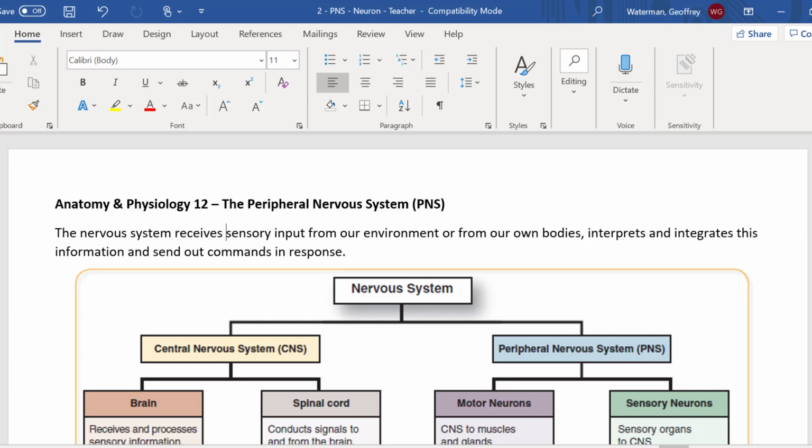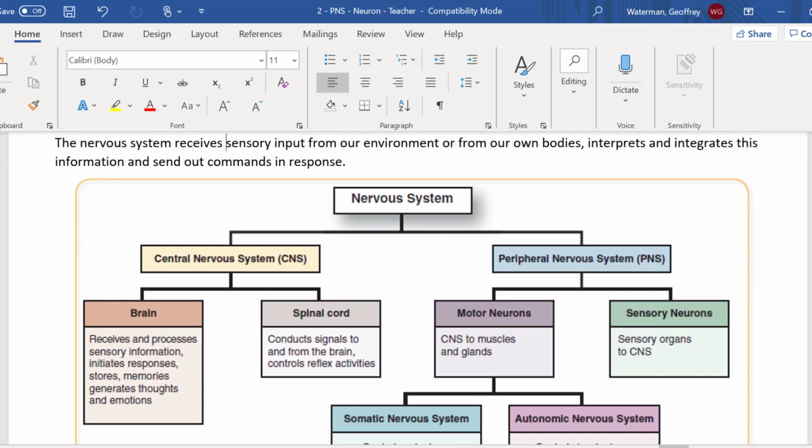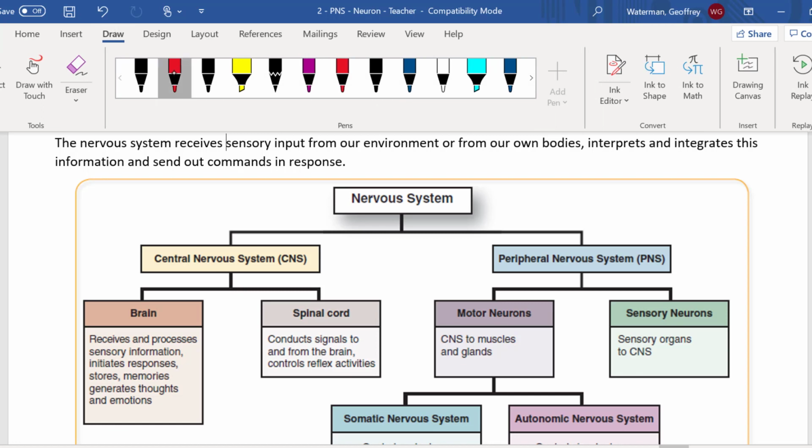All right, so right now what we're going to be doing is talking about the peripheral nervous system. So far we have talked about the central nervous system. This is the brain and the spinal cord. And so that's just the central nervous system. We've looked at the different parts of the brain, and we've looked at different areas of the spinal cord. And now, as we look more into the peripheral nervous system, this is how the body communicates with the brain, and then the brain communicates with the body so that we can interact and integrate information and send out a